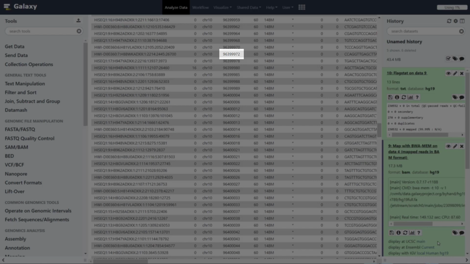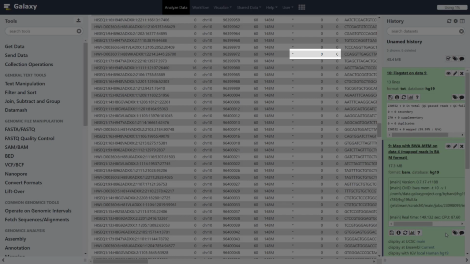The fourth field is the leftmost mapping position of the alignment. The fifth field is called the mapping quality, or the MAPQ, which is basically the probability that a read is aligned in the wrong place. For example, reads mapping in a repetitive region will usually get a low mapping quality. The sixth field contains the CIGAR string, which gives detailed information about the alignment. Here we see 148M, which means the entire sequence matched without any deletions or insertions.